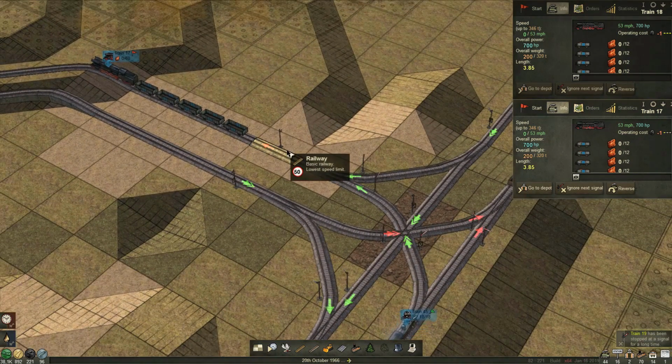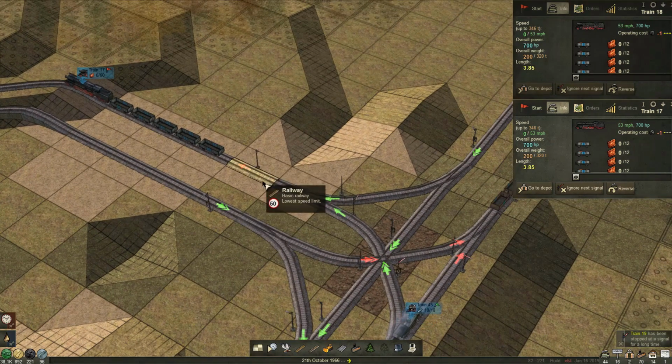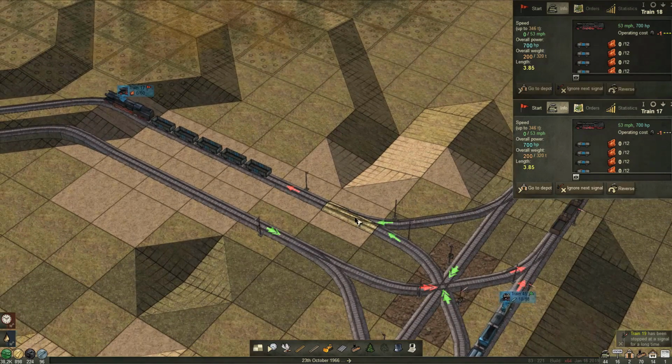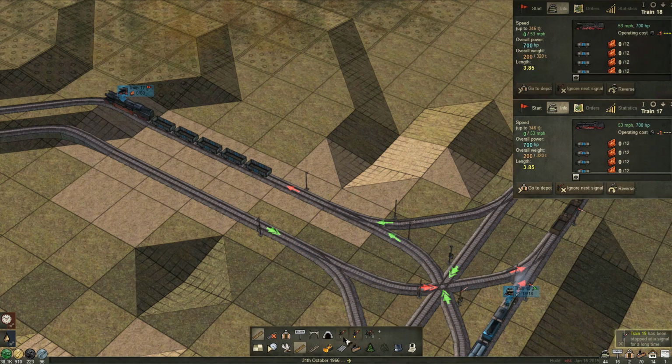Right. So I'm going to go ahead and manipulate the exit signals here. So it'll have a buffer between these signals here in the T-junction and the exit signal, so that buffer will be able to handle any one of the trains that I have on my rails. Basically, I keep my trains to 8 tiles long or less. So if I count out here, let's just delete this signal, right? So if I count out,